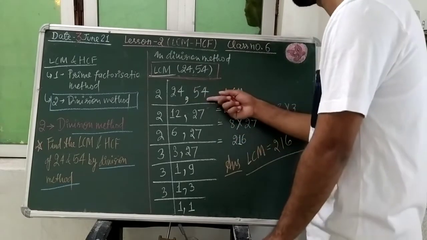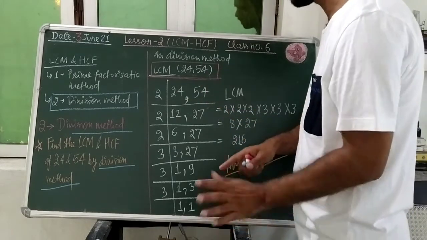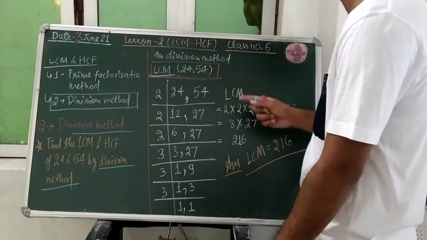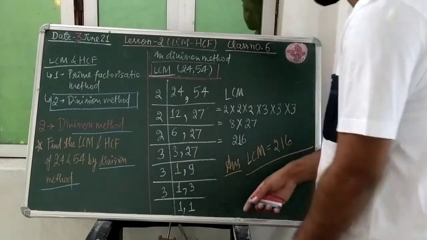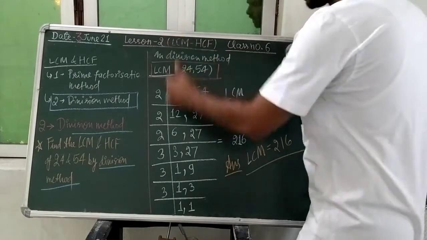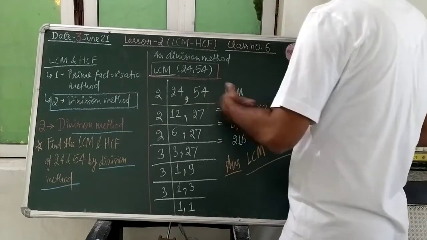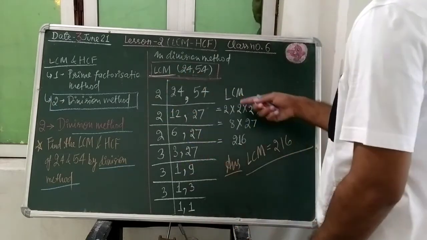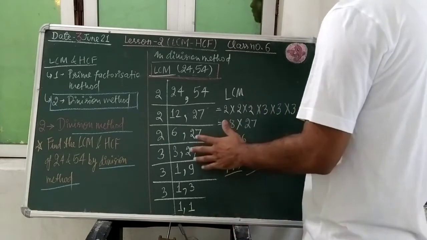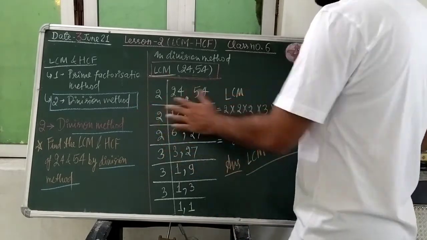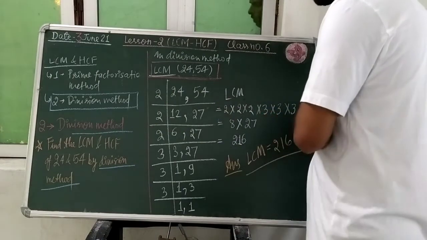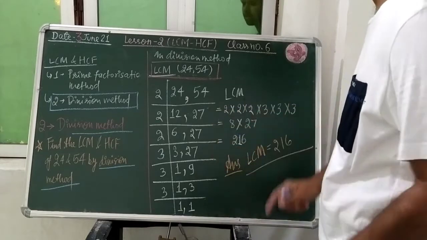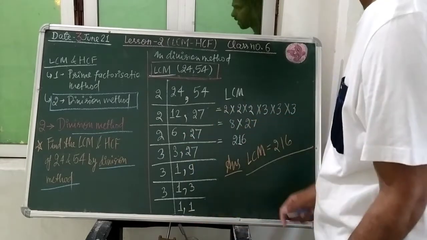So for composite numbers we will ignore 1, start from 2 and move up to 11, and for prime numbers we will select the same number. In this rule we will make a horizontal and vertical line, divide it into horizontal lines and select the numbers. And how will we write the LCM, students? Whatever numbers we select here, we will write them with the multiplication operator, and since this is the division method, there is no need to write the numbers in terms of power.